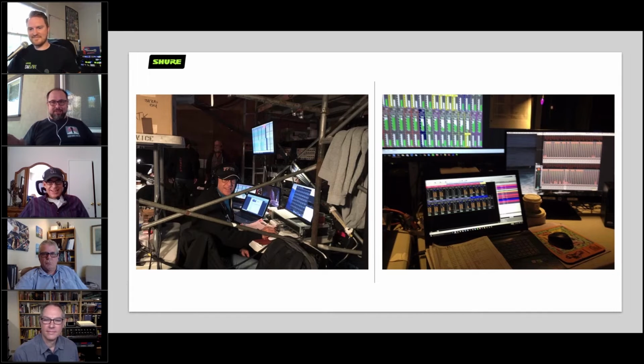So just a little tip. You can actually make changes using a touch screen device, which is advantageous if you have a Surface or an iPad, and you can use a stylus to make changes to your receivers and transmitters if you're using